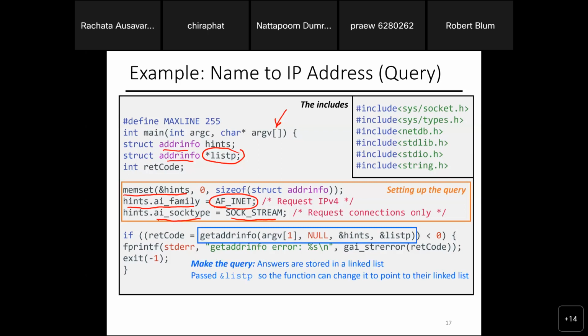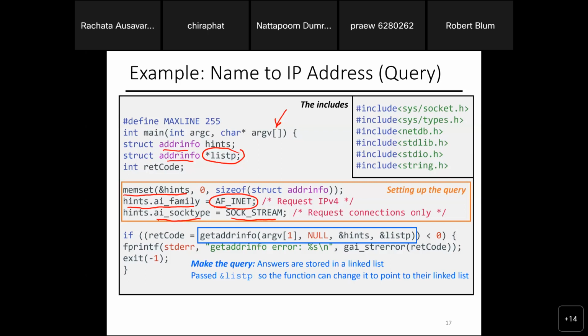When I run the program, I provide the input, which can be www.google.com. Then if the return code is less than 0, it means something is wrong, so I print that I can't get the address info. So now we've established the getaddrinfo call. I'll continue the code on the next page.